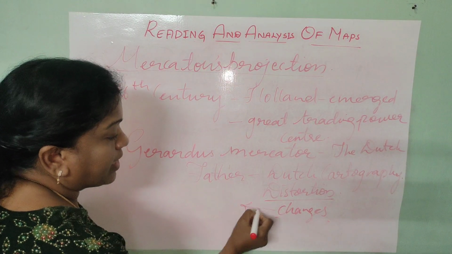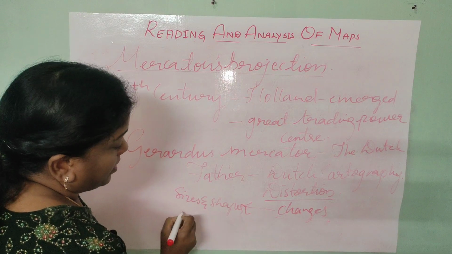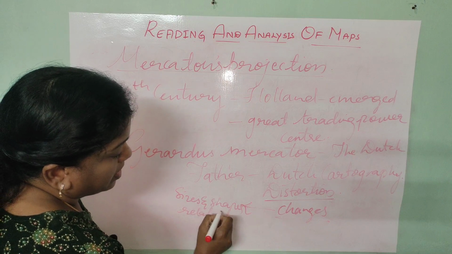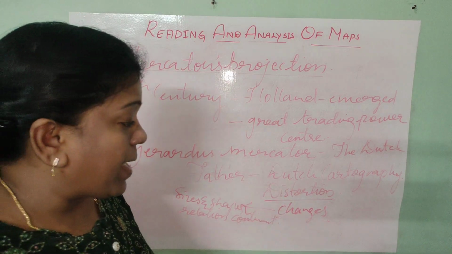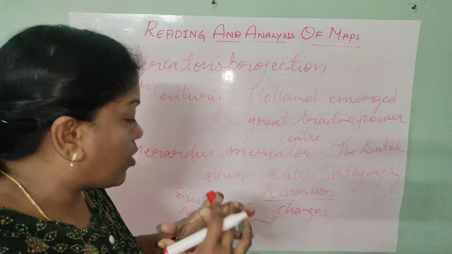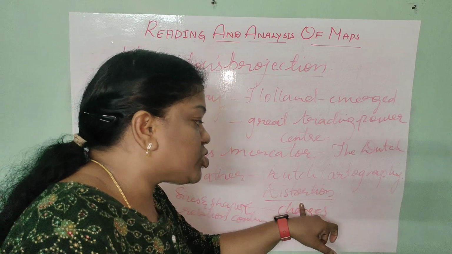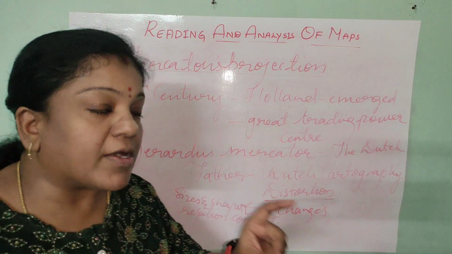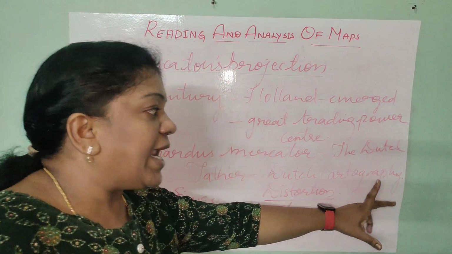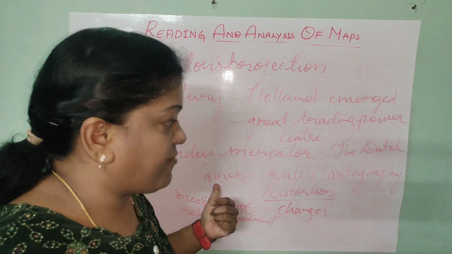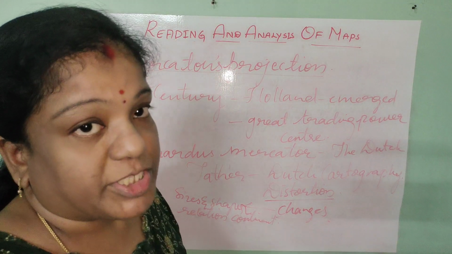Yes. What changes did he bring here? He brought changes among the sizes and shapes related to the continents which he wanted to project on the world map. He brought in some twist factors and some changes in the sizes and shapes. So the method he applied to distort the sizes and shapes of the continents in the world map led to the Dutch cartography projection, which made him titled the father of Dutch cartography. So that is the reason we call it Mercator's projection.